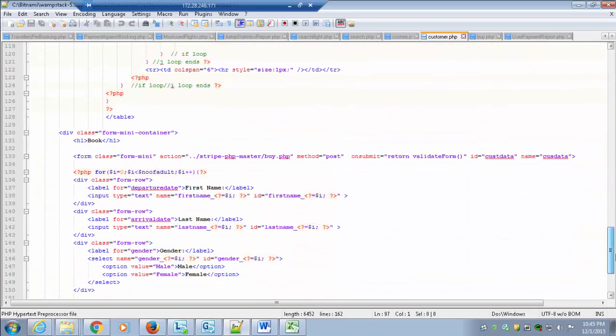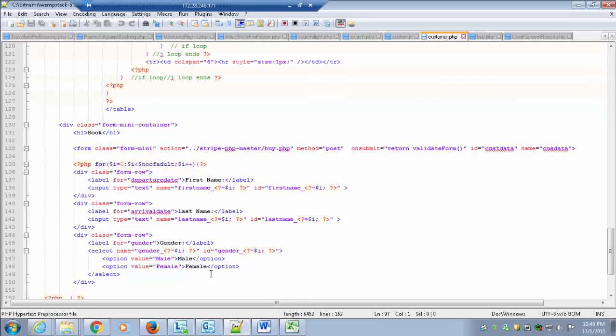Now when all the information has been filled out, when I hit book, pay, it should take me to buy.php.